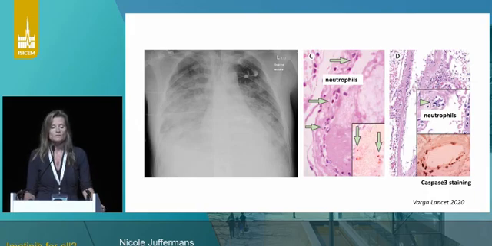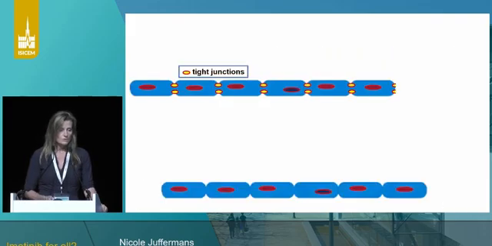You can see here the histology of the kidney and the gut, and you can see here the infiltration of neutrophils into these organs. And the staining that you see there, this caspase 3, that stains the vessels, and you can see the endothelial cells coloring up brown, and this means that they go into apoptosis, or in other words, the endothelial cells die. So what is actually happening during COVID?